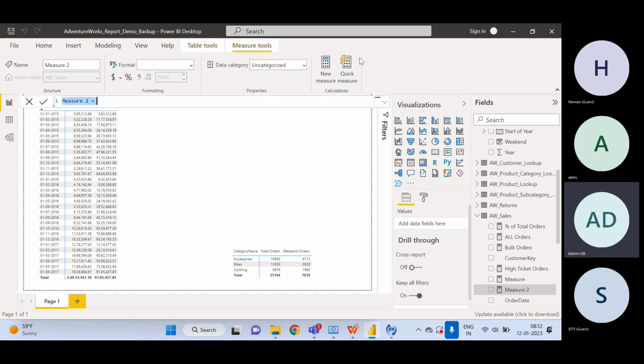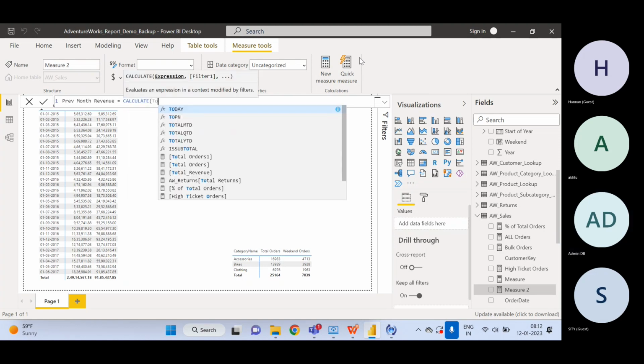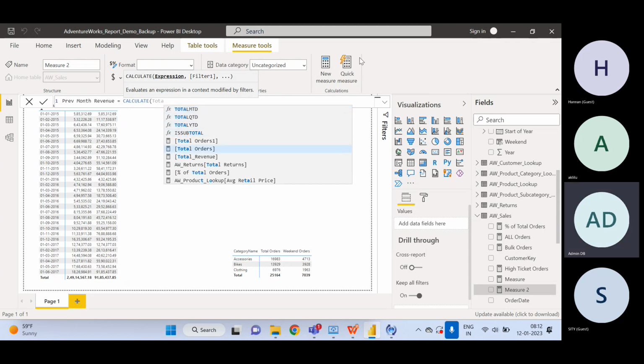Then how will you calculate? So I will write previous month revenue, calculate total revenue,